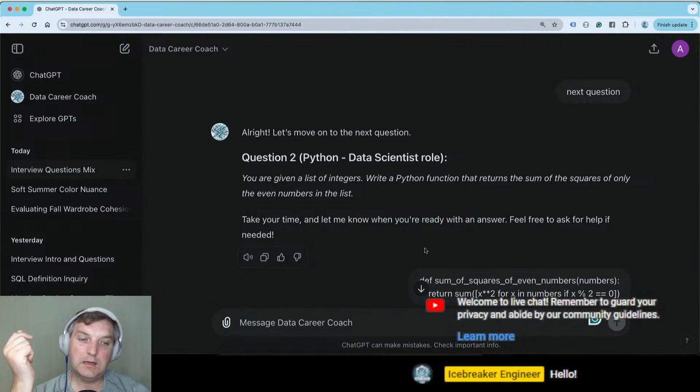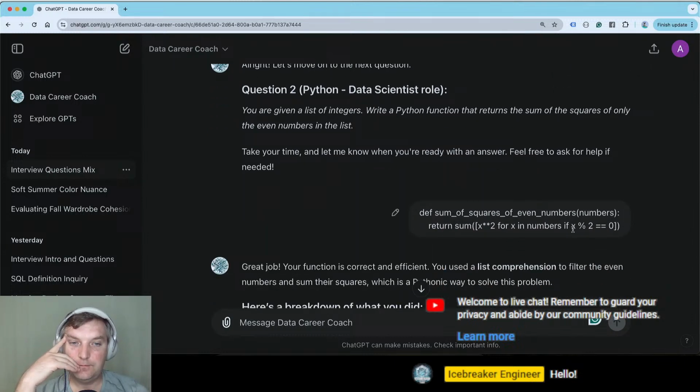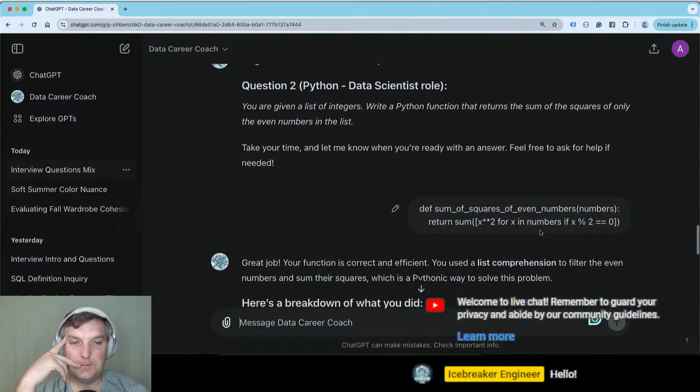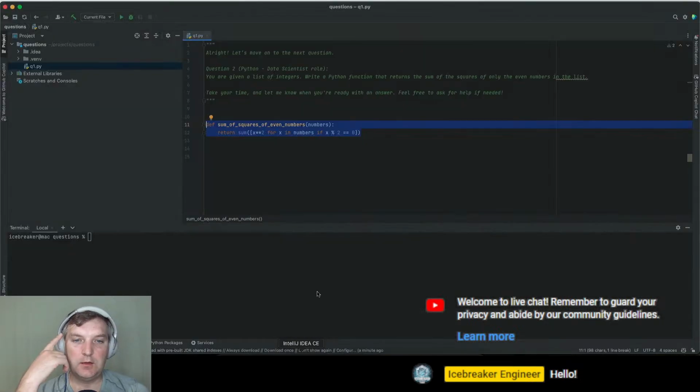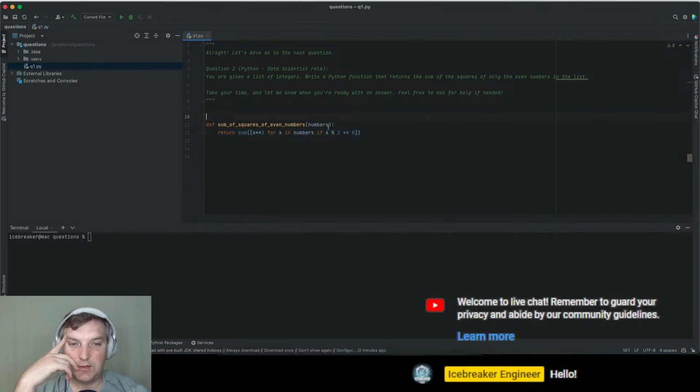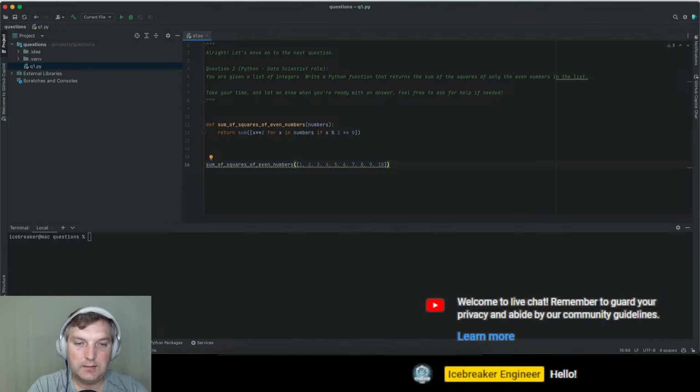Because, would I be able to write something like that? Most likely, given some time. I don't really write these functions often, so it's very hard to have all of those in mind, right? But the moment I go here and start writing, I'm getting the function given to me, and this is an accurate function. I want to have a sum of the square numbers, and this is cool, right?